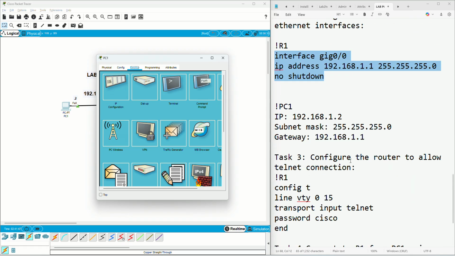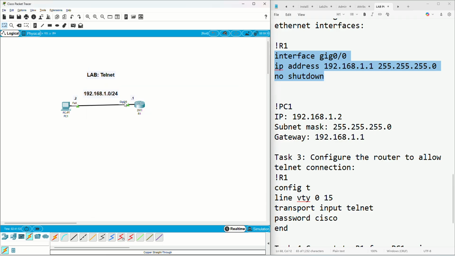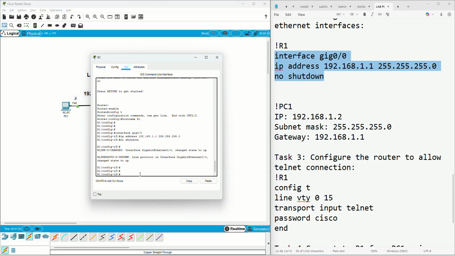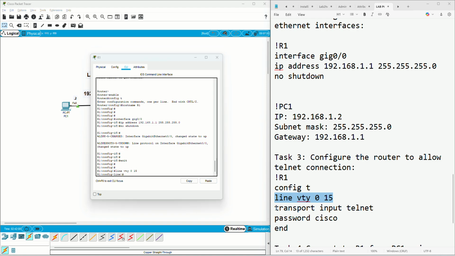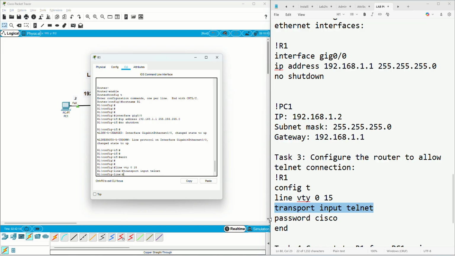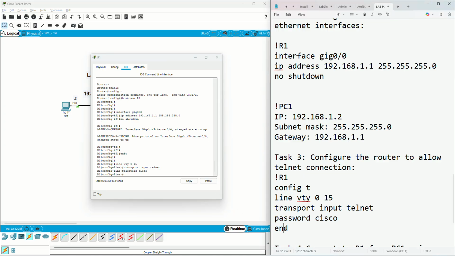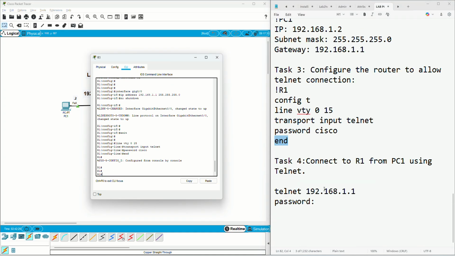That will be to configure the router to allow the telnet connection. So let's go back to the router here. Line VTY, transport input telnet, password, I'll use Cisco, and then N. Okay, so now